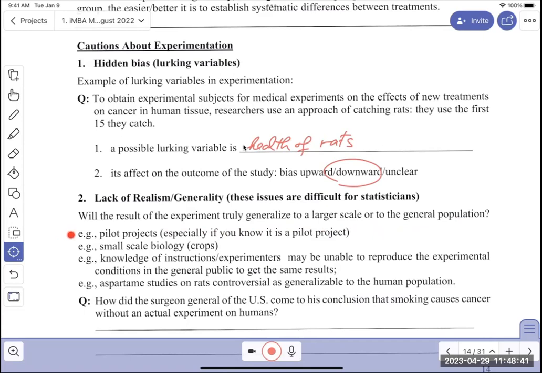So a pilot project can be done, just a smaller version of the larger project. And you do the same thing in agriculture. And you just got to be careful because experimental conditions are not the same as exposing crops to the natural